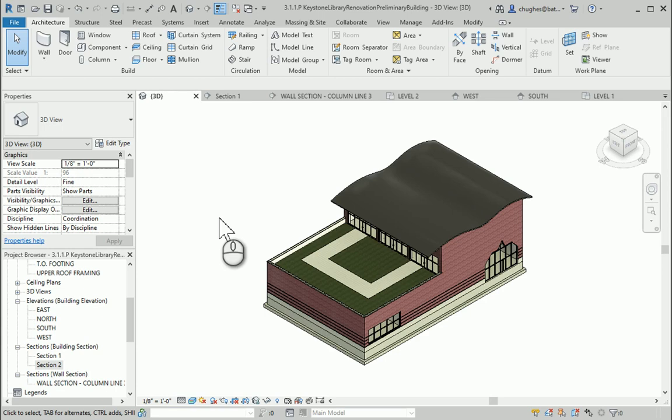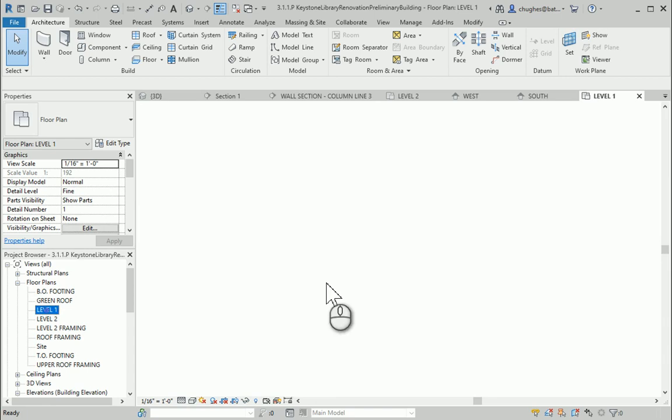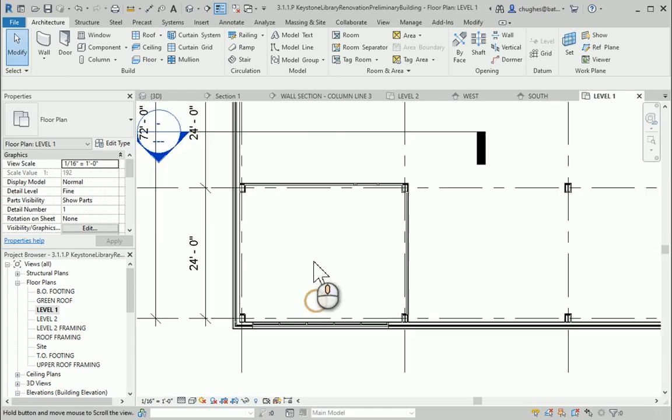In this video, we're going to take a look at how to create various flooring materials in your Keystone library by dividing up floors and creating parts, so that way we're able to change these out easily and effectively. One thing I'm going to have to show is in the level 1 floor plan, I have one room that